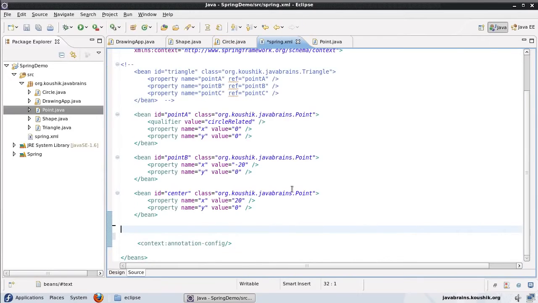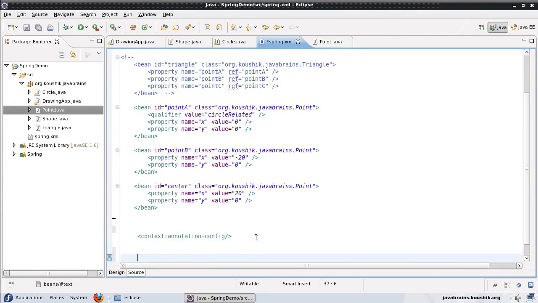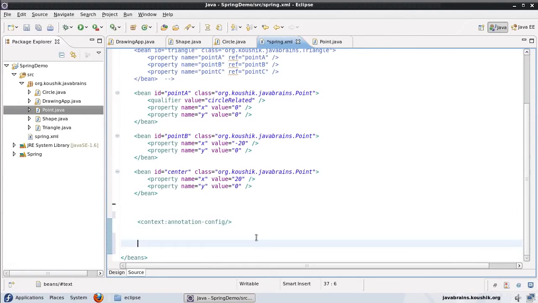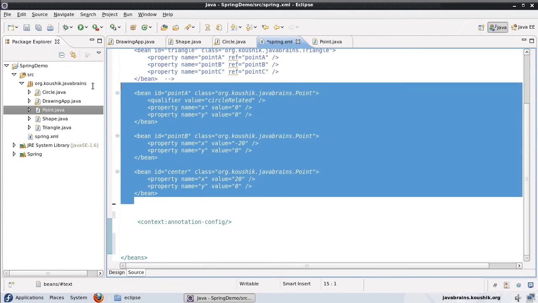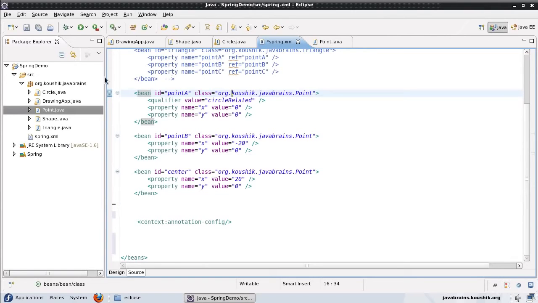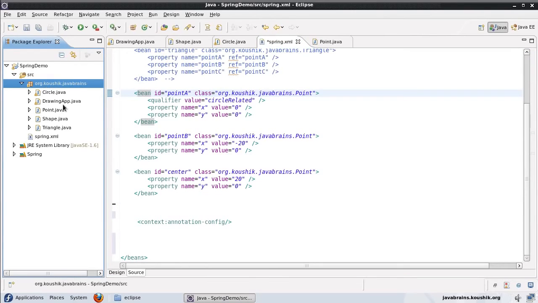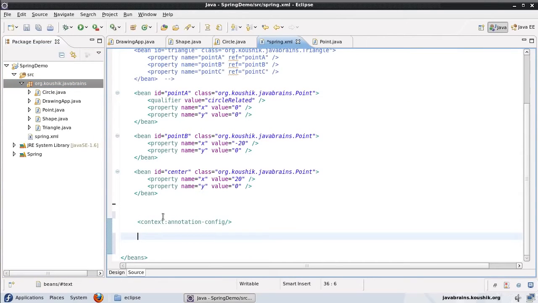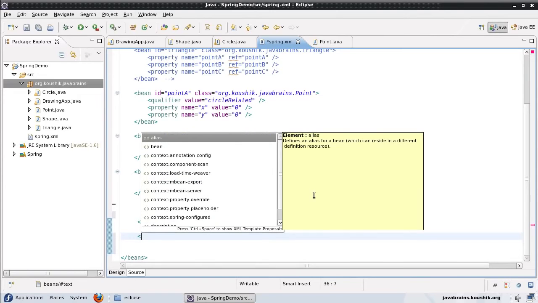But then there is one other thing we need to add in the Spring XML. Now Spring needs to know that you have beans inside your code that it needs to look for. So not only does it have to look for all the beans that you've defined here, it also has to look for all the beans inside your code. It has to look for annotations. So we need to ask Spring to scan through all our classes and then identify what annotations mark certain classes as beans. So in order to do this, what we do is we add